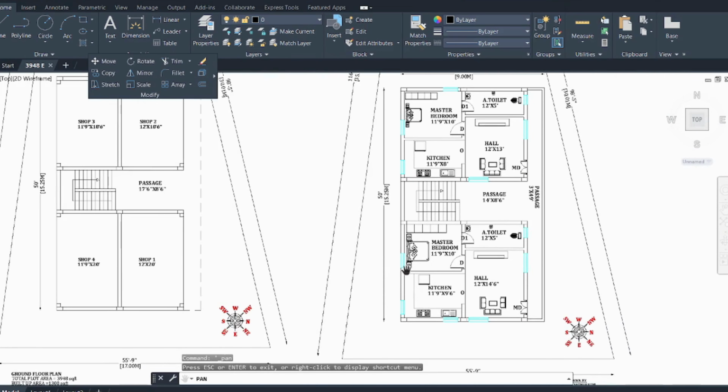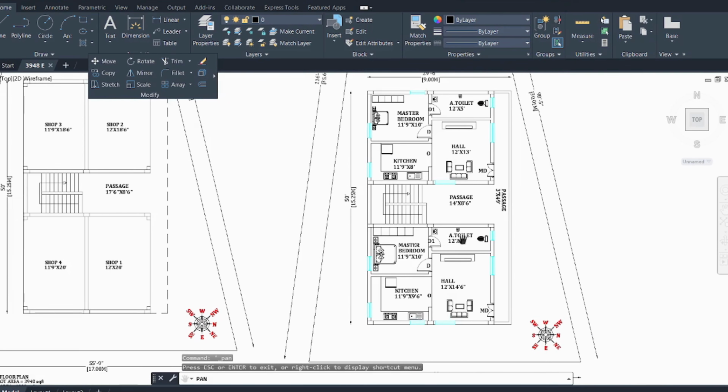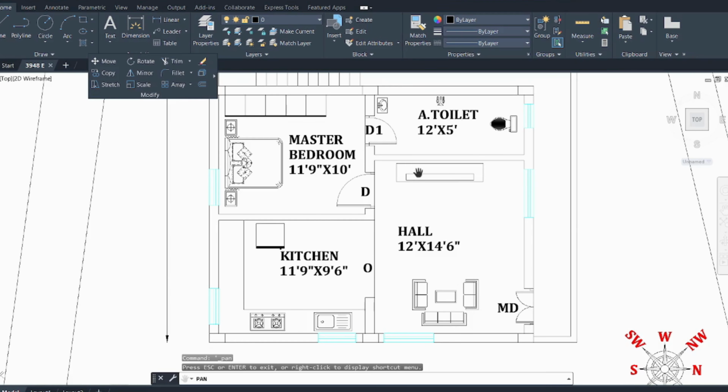And coming to the first floor plan, the first floor is smartly divided into 2 independent 1 BHK rental units, separated by a central passage and a staircase. You can see the layout here. In the first residential plan, we have our main door over here, and the hall is size 12 feet by 14 feet 6 inches, and we have allocated the sofa location over here. Opposite to that we have allocated the TV showcase, and here